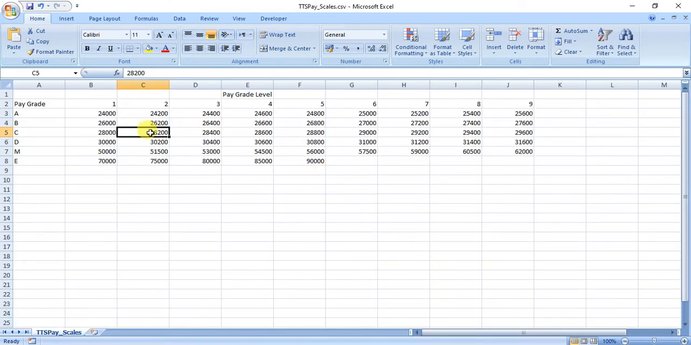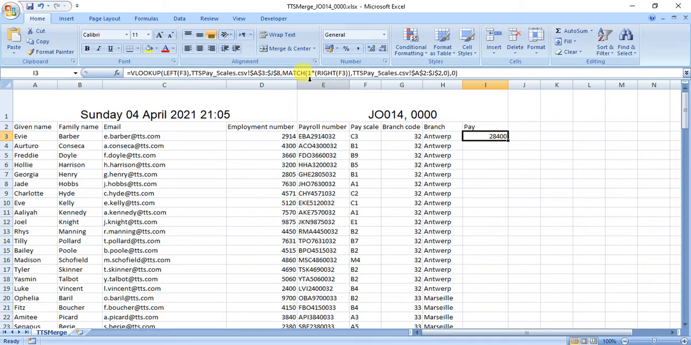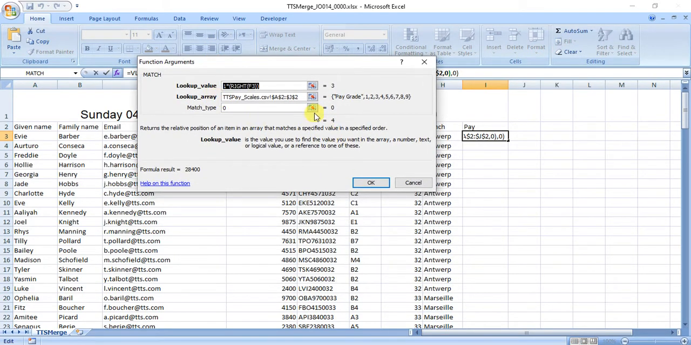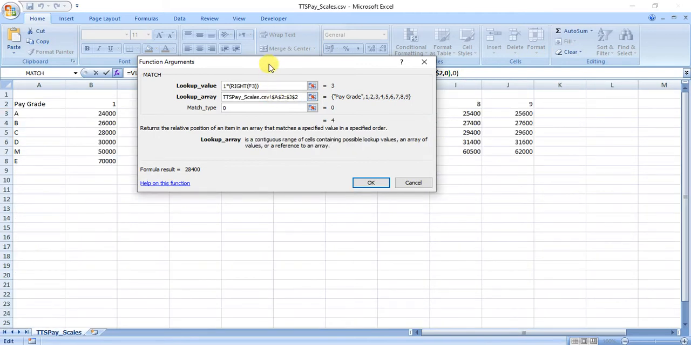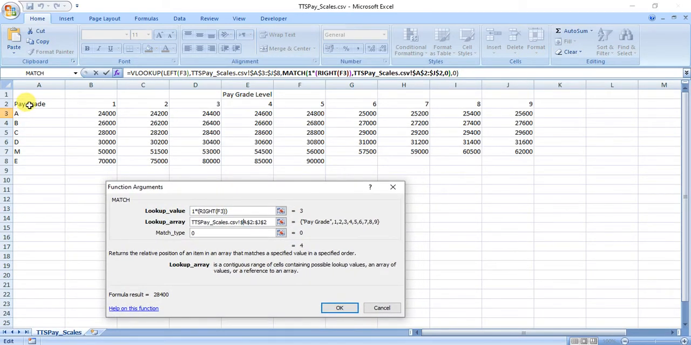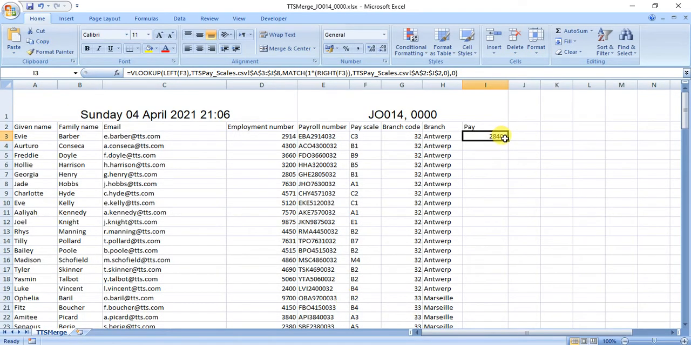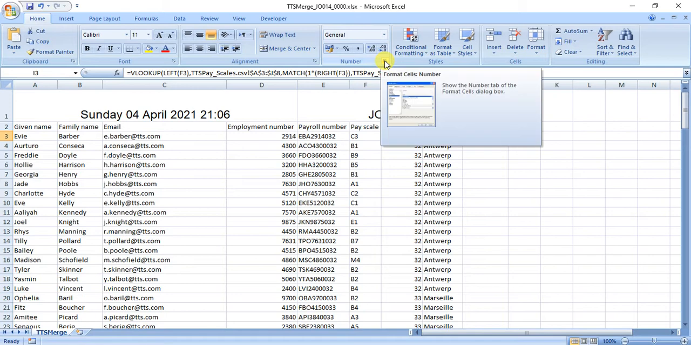So this is your requested number, C3, 28,400. Now, did you know why I have selected in the match the unwanted column? It's not unwanted, it is wanted, but because you are not familiar with match, I should show to you that I need this A2, the pay grade phrase. Why? Because we need to add an index for our work. Okay? So that was the number,